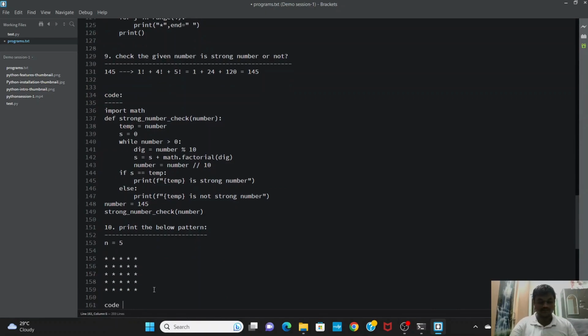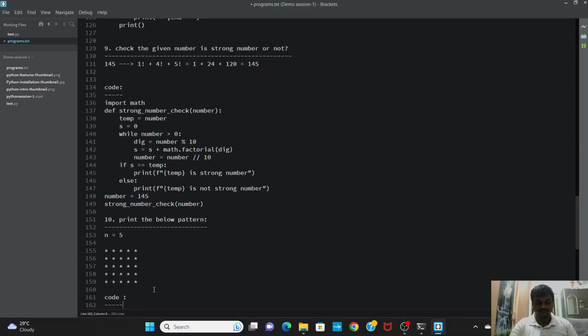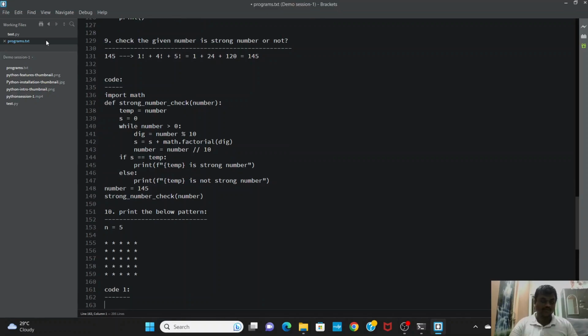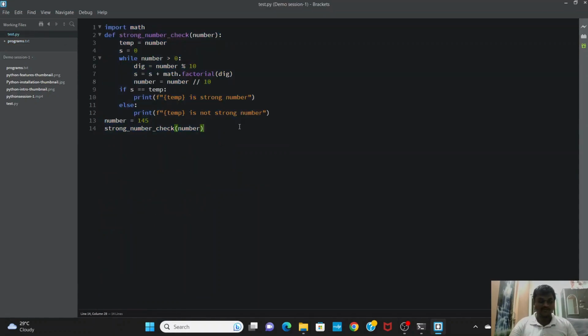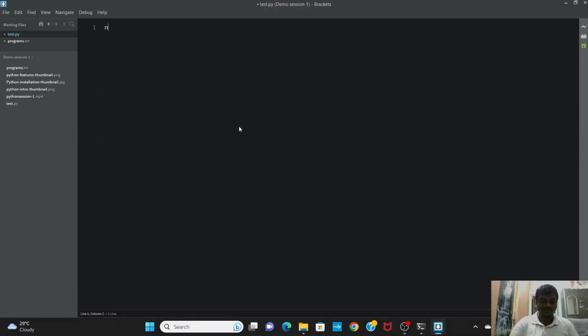We'll write code for this. I will write two codes. One is using a single for loop, another is a double for loop, same as the previous program. Number equal to 5, for i in range of 1 comma number plus 1, print of